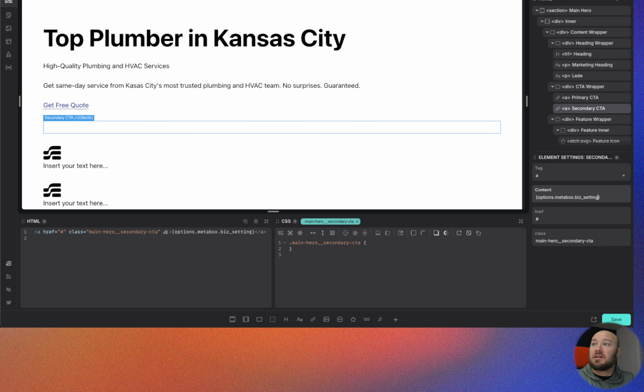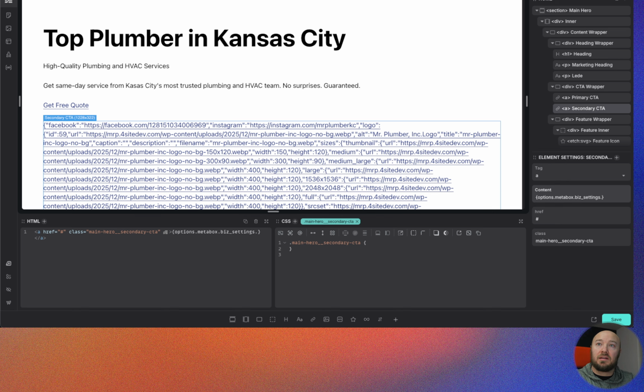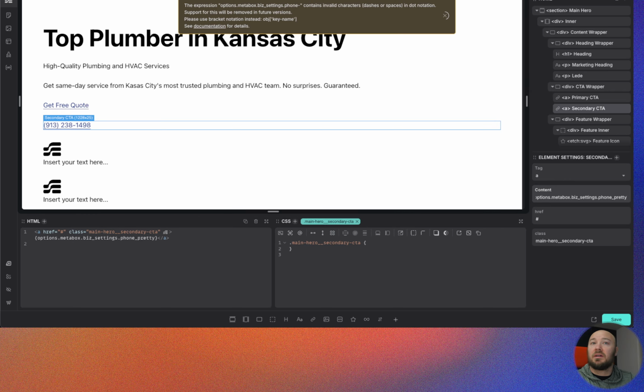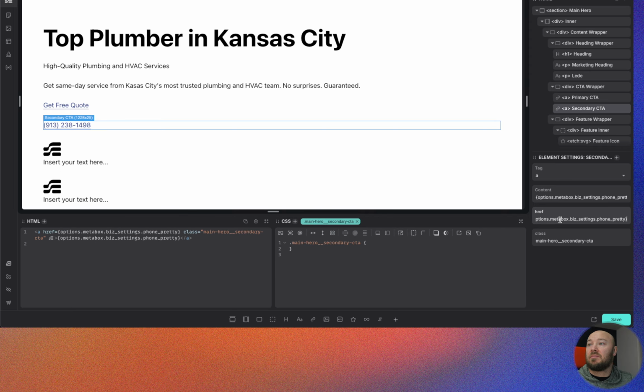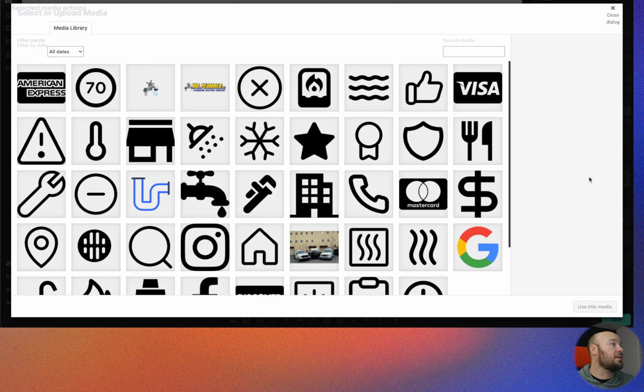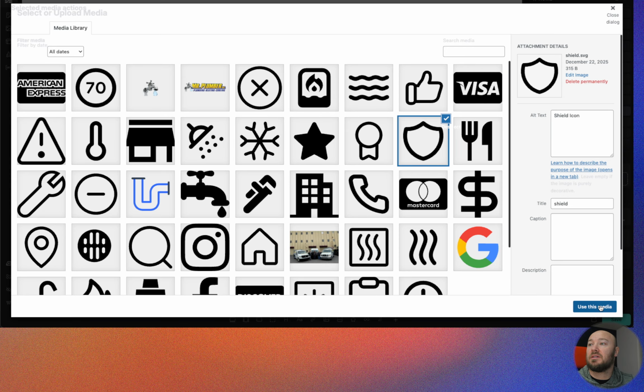Options.metabox.biz settings dot phone underscore pretty, and there we are. I'm going to copy that, paste that here. It's going to become link, and we're going to put our tel in the beginning. All right, we got that in there. Let's continue on down. First icon is going to be our shield,